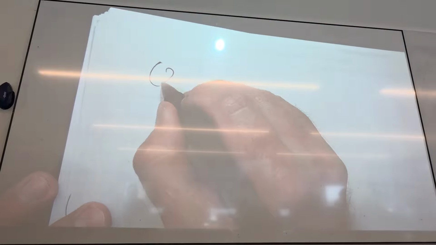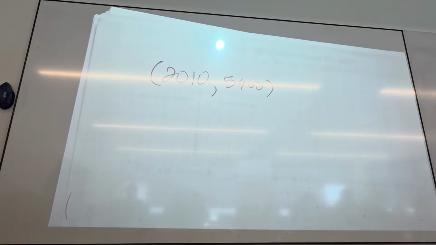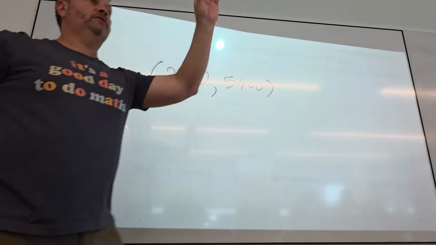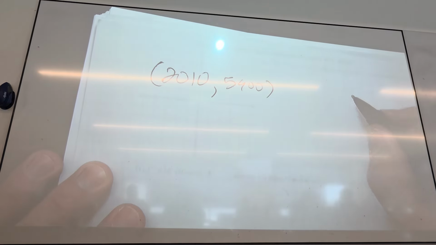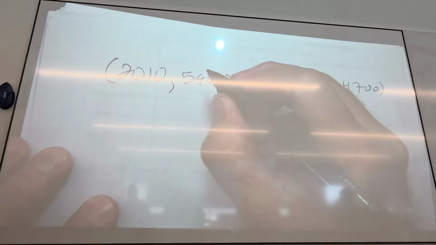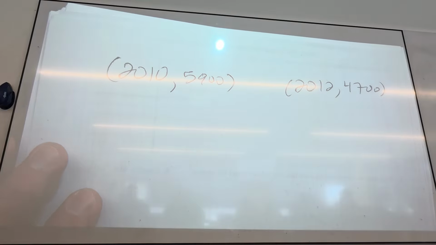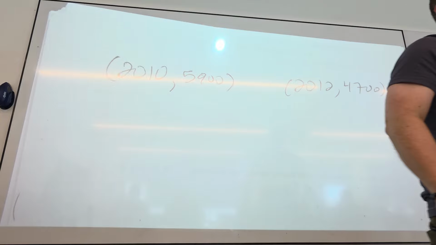So if I write, here, I'll do this for myself. In 2010, there were 5,900 people. Do you see how that captures the data point? Both of those capture a moment in time. And what would the other point be? Well, I took it away from you, but 2012, 4,700. I'm purposely not putting the comma here because otherwise it looks like a 3-part point. We don't want to do that yet. That's 3 dimensions.